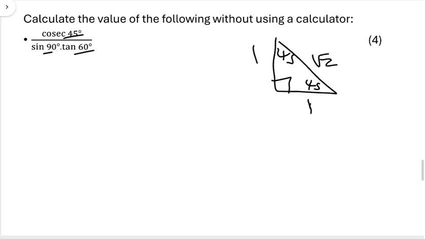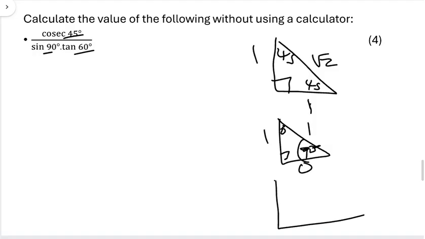Then again, the easiest will be this one, which is 90 and 90 and 0 degrees here, which is 1 and 1 and 0. Then I will go to the 3 to 1. I have 30 here, 60 in terms of the angles. Okay, so cosec is the reciprocal of sine, so